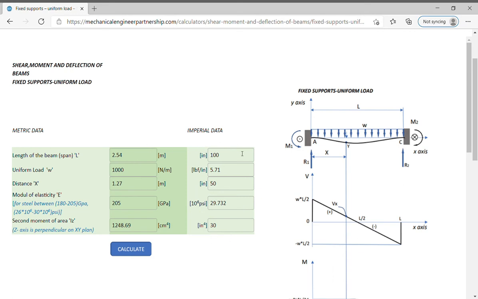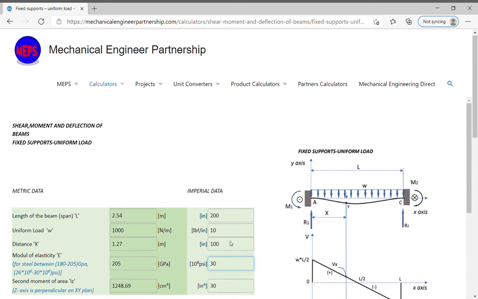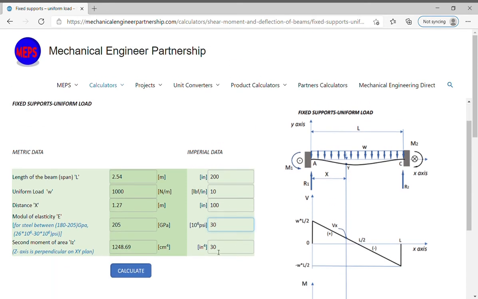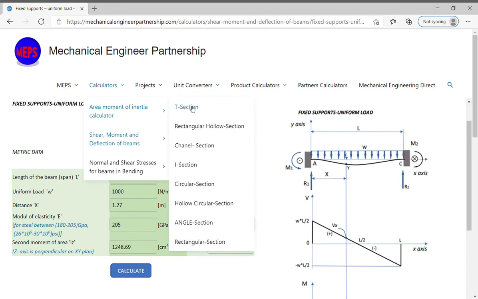Let's have an example in Imperial Units: 200 inches for the length of the beam, 10 pound force per inch for uniform load W, and then 100 inches for x distance, modulus of elasticity 30 mega pound force per square inch. Regarding the second moment of area, if you already have the value, write it in the corresponding cell, in inch to the fourth power. If not, choose calculators and then area moment of inertia, choose your beam section,